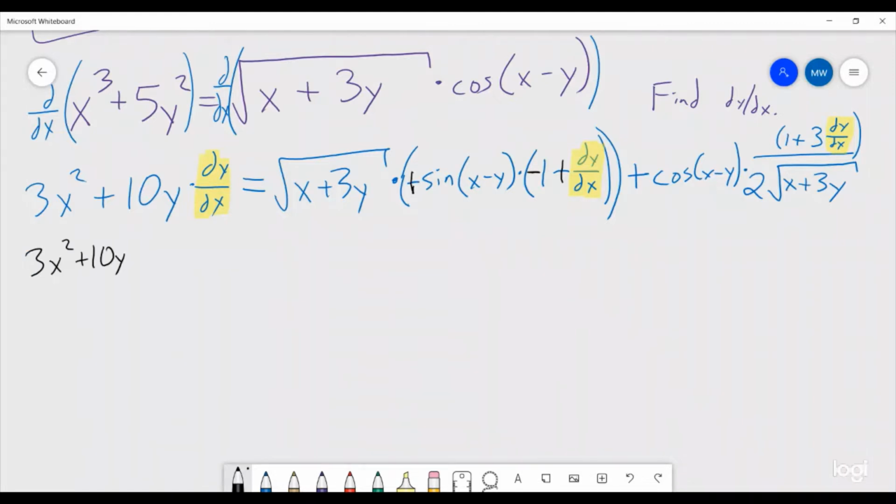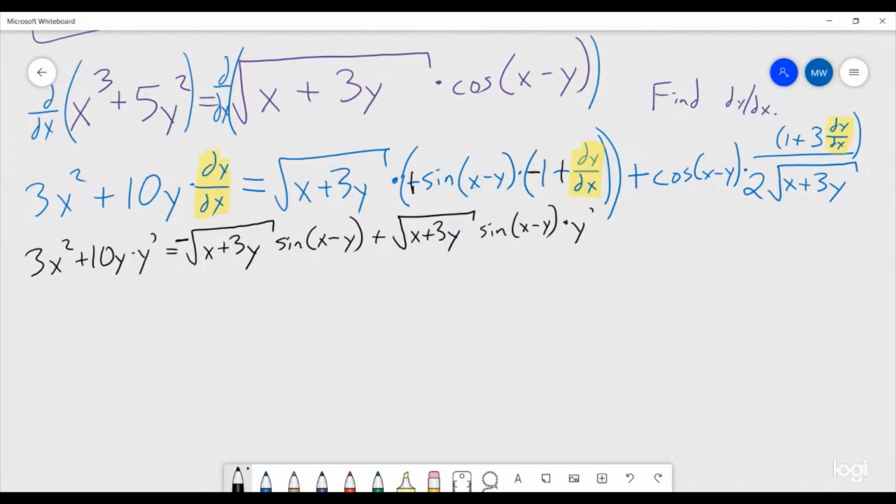I'm going to start using y primes. y prime is equal to square root of (x plus 3y) times sine of (x minus y) times a negative 1, plus square root of (x plus 3y) sine of (x minus y) times dy/dx, or y prime,